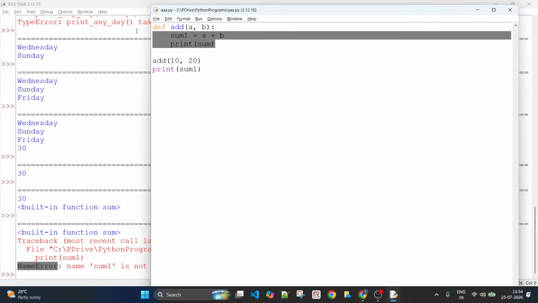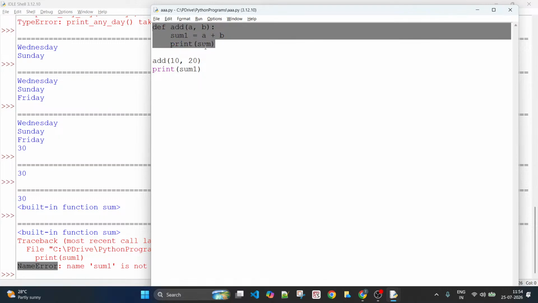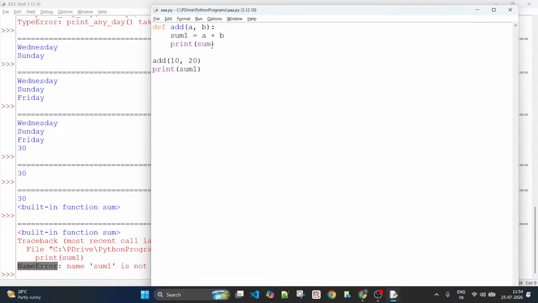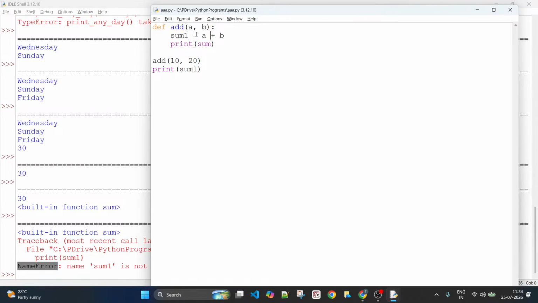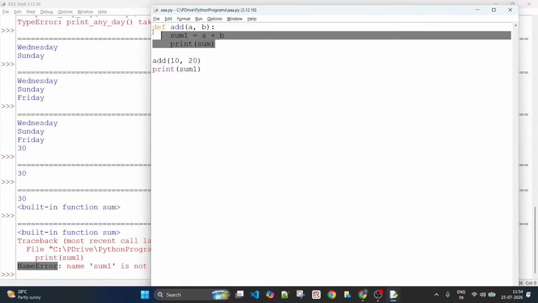Scope means a region in the program from which you can access the variable or variables. Here within this scope, what are the variables you can access? You can access a, you can access b. That's what you're doing. You can also access sum1. That's what you're doing here.